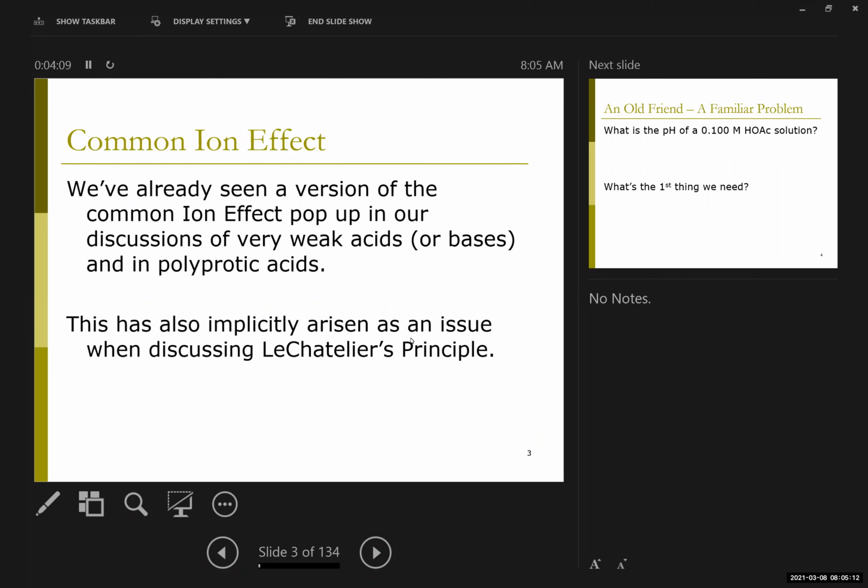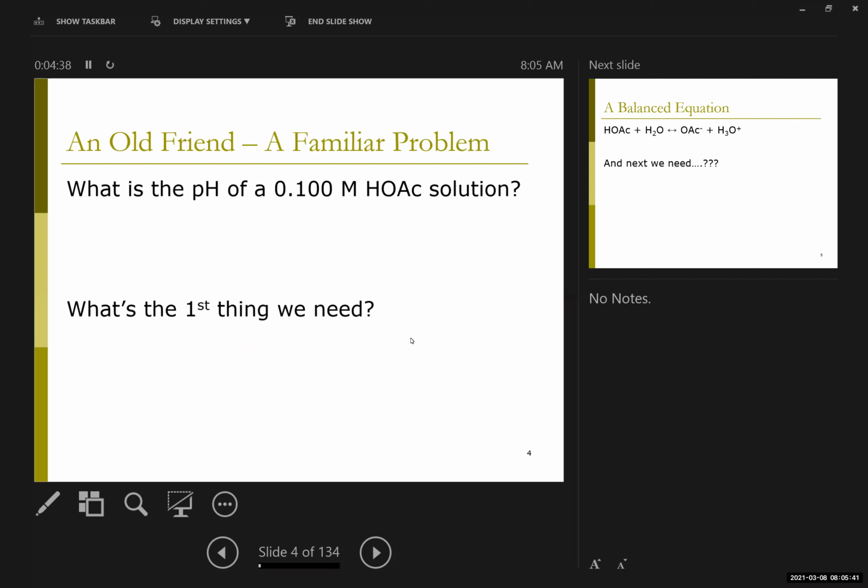And so one of the things I want to present, which is usually viewed as sort of a special situation, is really simply representative of my mixture problem. This is termed the common ion effect because in the end, there's two different sources of the same ion. In practice, it's really just a mixture of more than one acid, more than one base.